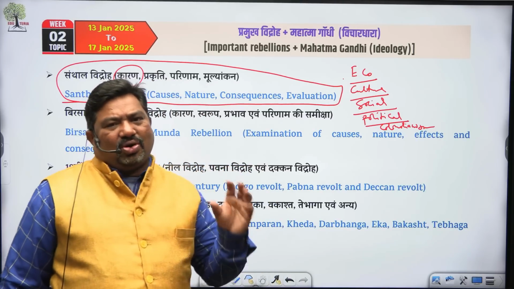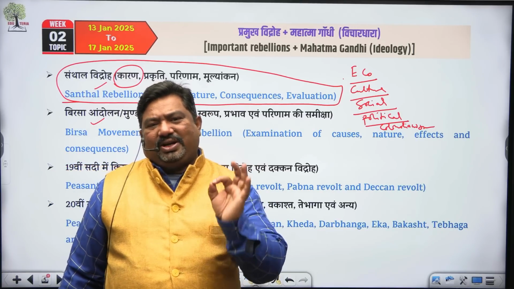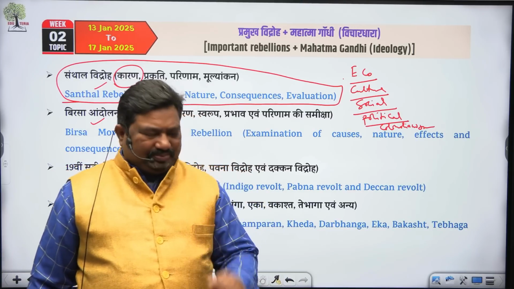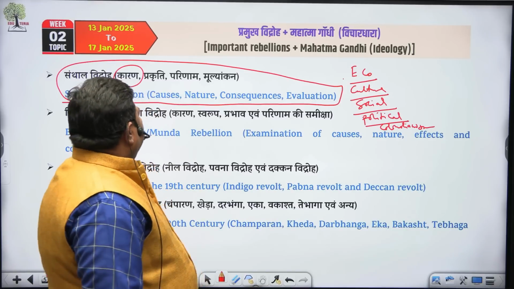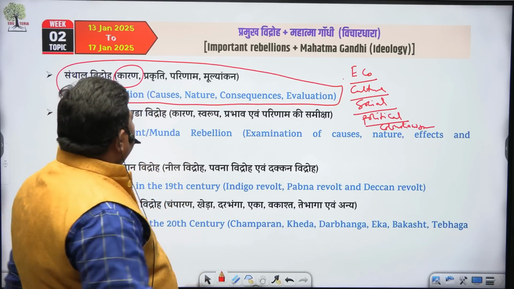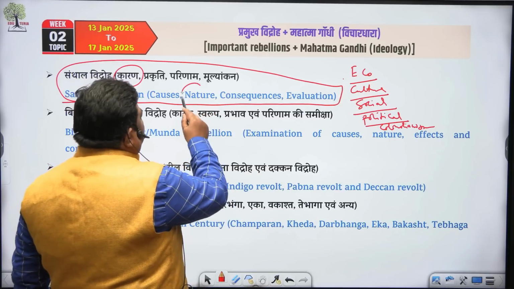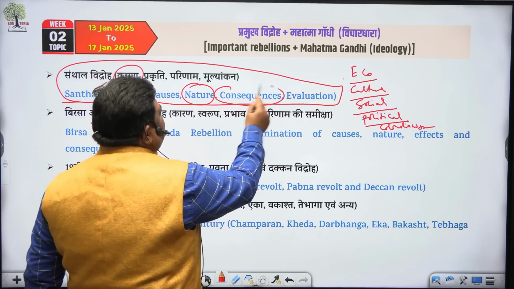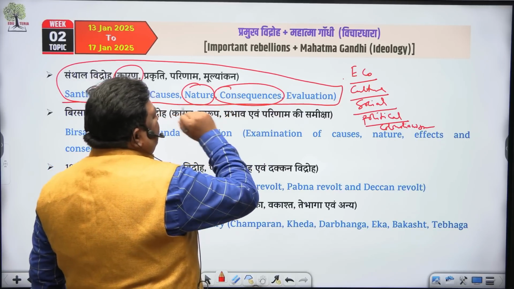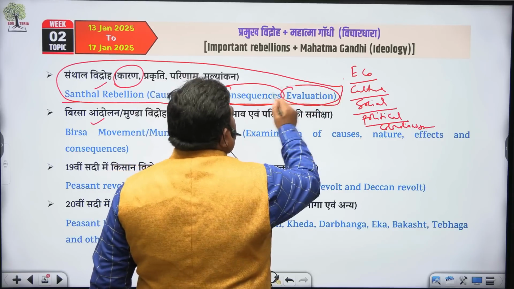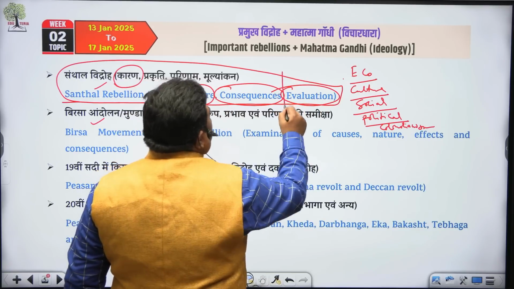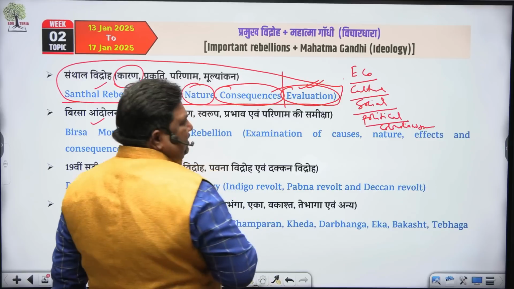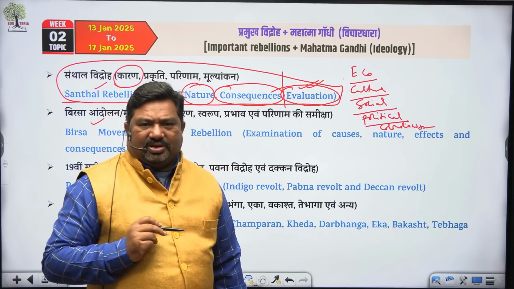That means cause and effect should be very consciously driven. Now, how are you going to write about the nature and consequence? Consequence means what happened, and if it would not have happened, what would have occurred in the history of the freedom struggle,